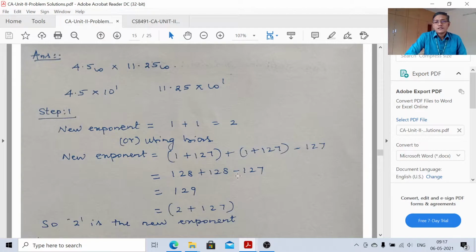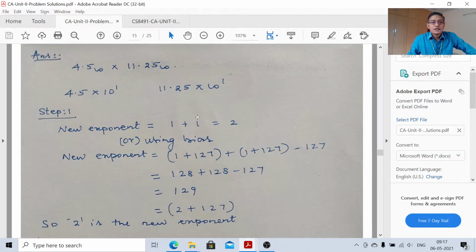Now after representing in scientific notation, the first step is, after multiplication, what exponent should the product or the result have? So we need to determine the exponent of the result. That is the first step. You can directly add the exponent of the first floating point number and the second floating point number. So it becomes 1 plus 1, because the first number exponent is 1 and the second number is also 1, right? So the result, the product, will have the exponent 2.